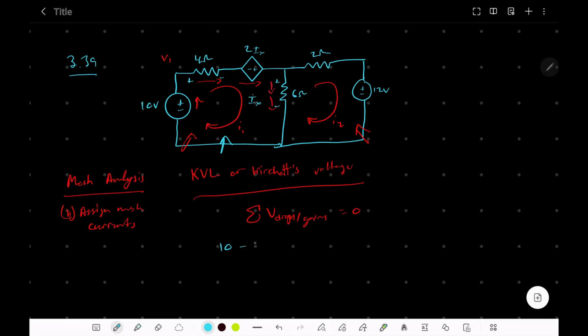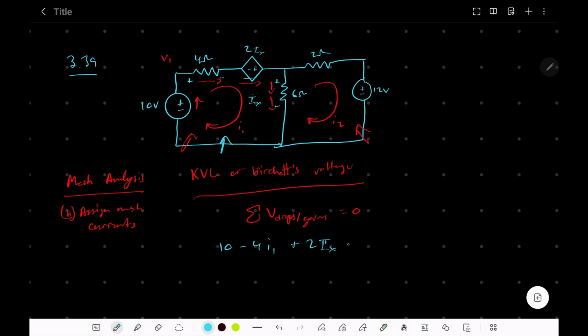So there's going to be 4 times I1, and there's going to be a voltage gain across this one since we're going from negative to positive, so we're gaining potential. It's going to be plus 2Ix,